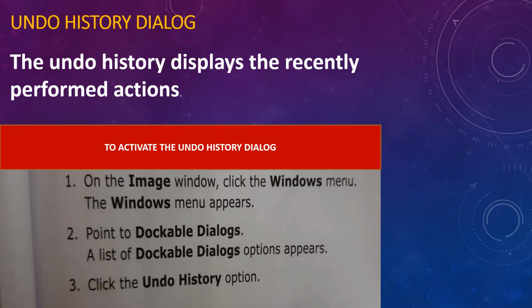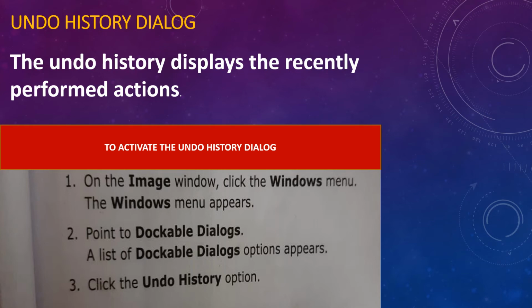After that we can either undo or redo an action. If we make an error, click the undo option to go back to the previous action and edit it. If you have undone the previous action, you can use the redo option to reapply it.